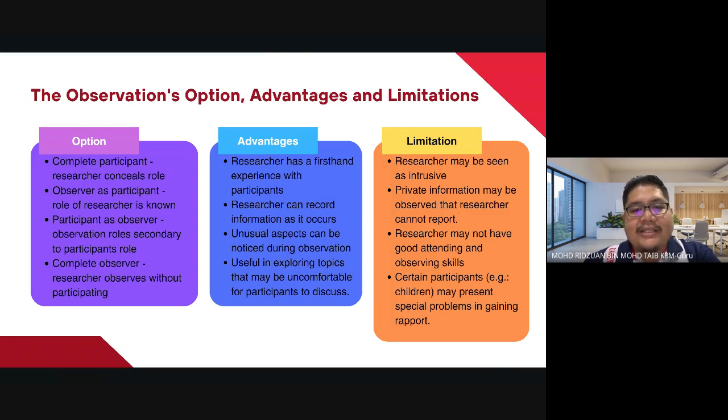However, there are some limitations to using observation as the instrument. The first limitation is that the researcher may be seen as intrusive. The second one, private information may be observed that the researcher cannot report. The third one, the researcher may not have good attending and observing skills. And the fourth and last one is that certain participants, for example children, may present special problems in gaining